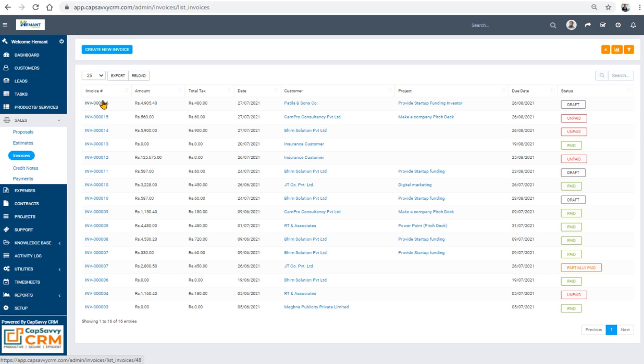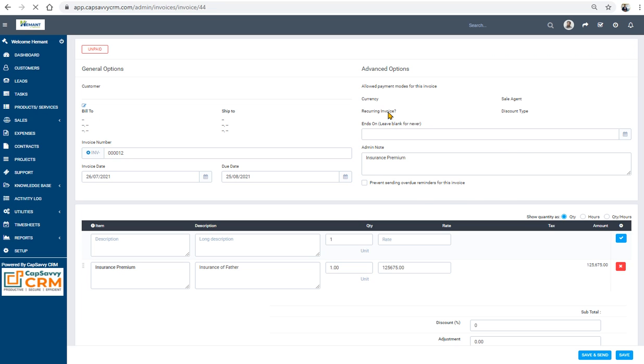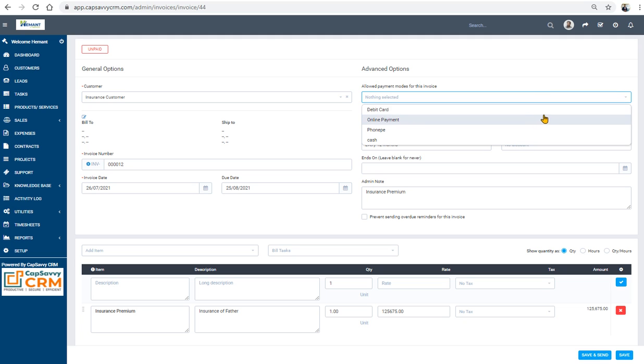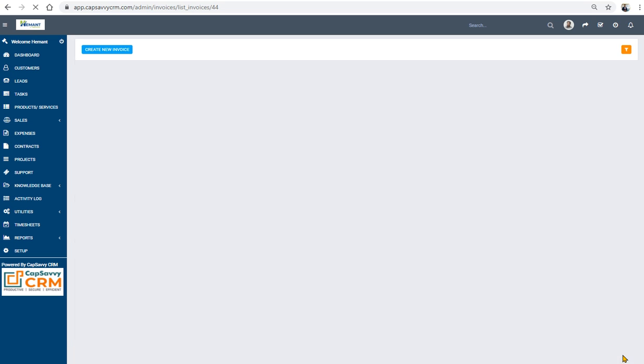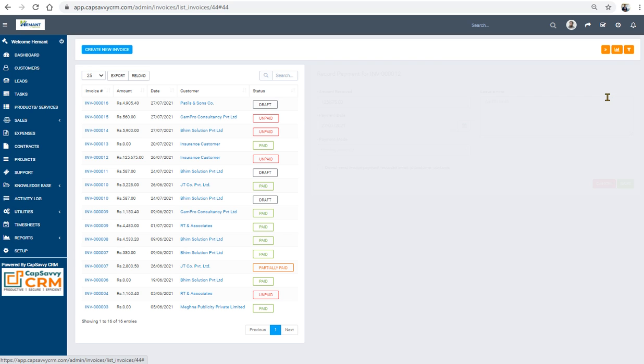Now if you want to see the payment received against this invoice, suppose this is unpaid, and we see whether the payment is received or not. First of all, we see whether the collection mode is there. No, the collection mode is not added, so we'll add the collection mode first and then save. And we go back to invoicing, and that particular invoice is 1,25,000, and against that, let us say he has paid only 25,000 so far. So we record a partial payment.